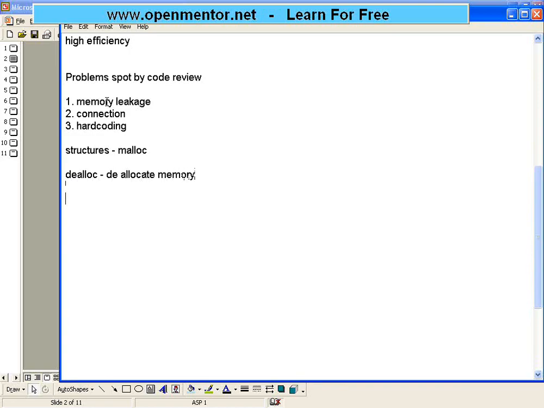If you have not deallocated the memory, what happens if you keep on running your program for thousands of times? All memory will be utilized and there won't be any space for the new program to run. So this is also called as stack overflow or buffer overflow, right? Or memory leak.